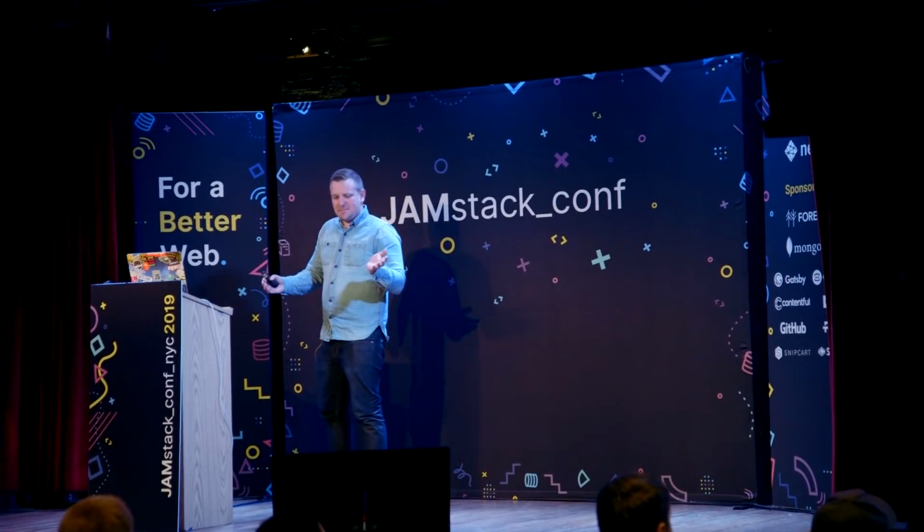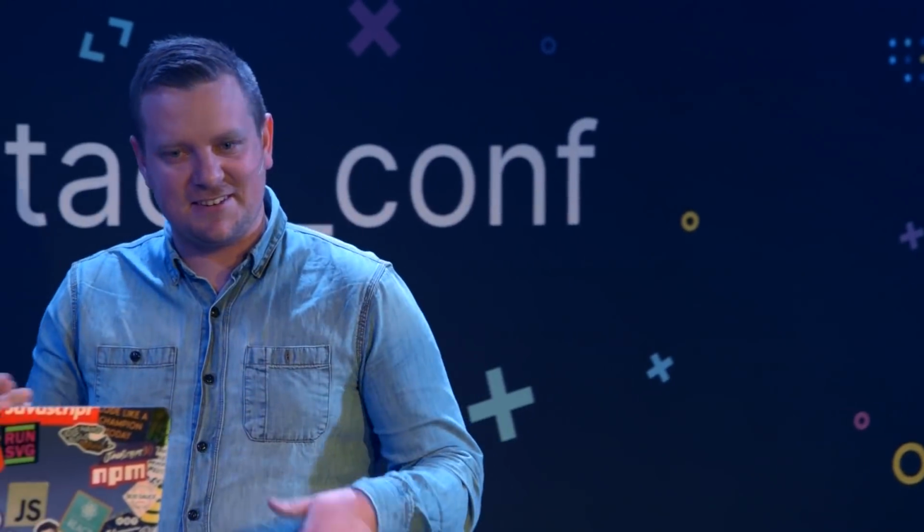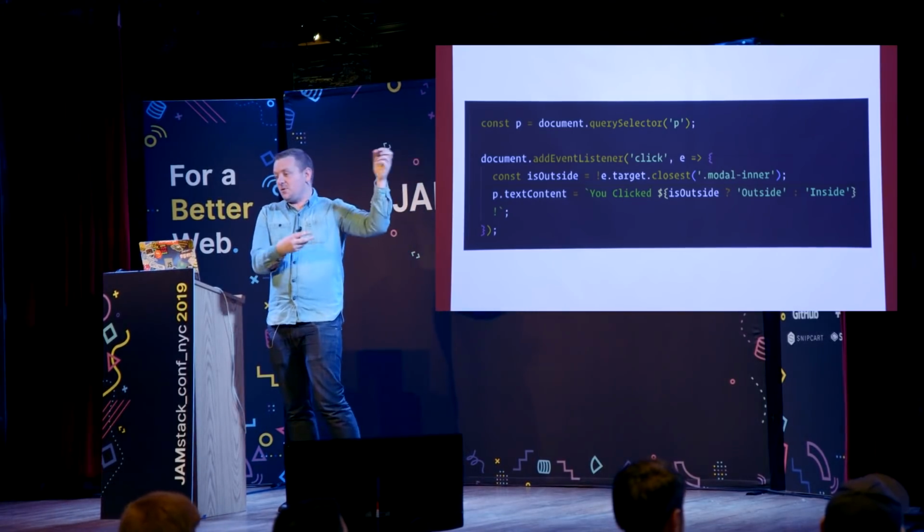You can chain them with multiple knots, which is pretty cool. And this is extremely helpful for click outside. How many of you have written click outside like 80 times in your career, right? Sucks. It's always like, oh, that's easy, right? And then there's this little weird case, and events bubble, and there's all this tricky stuff with it. Well, closest actually makes it really simple, where you take the document or the window